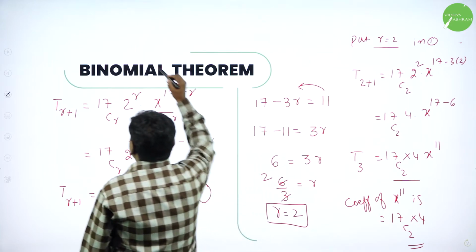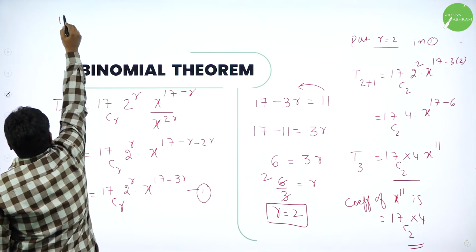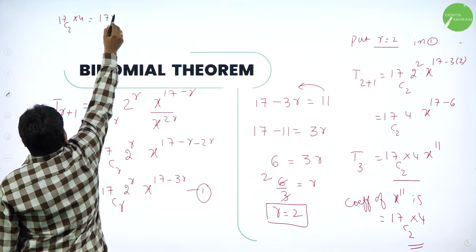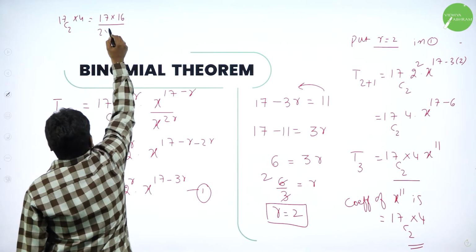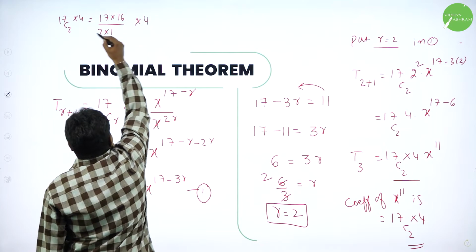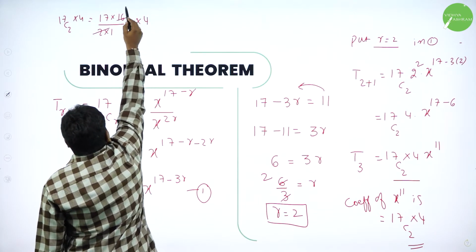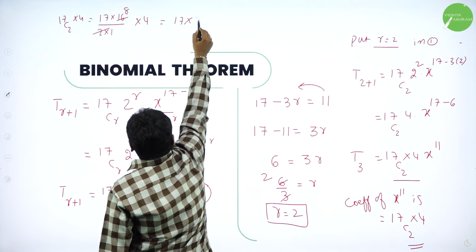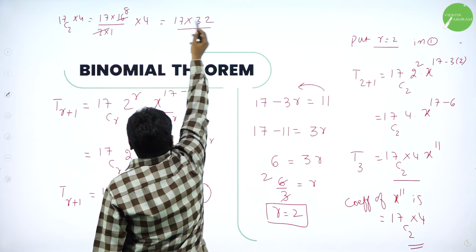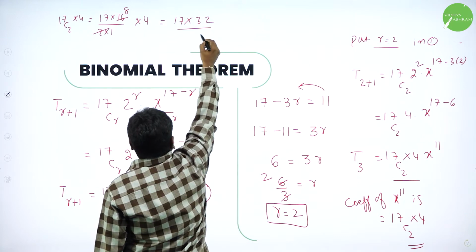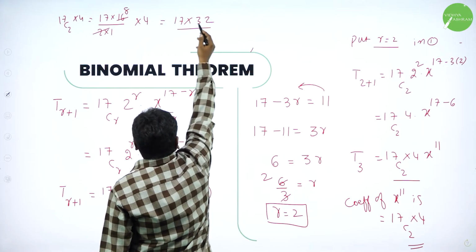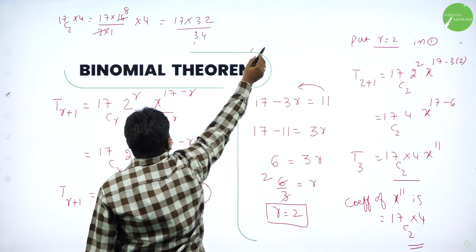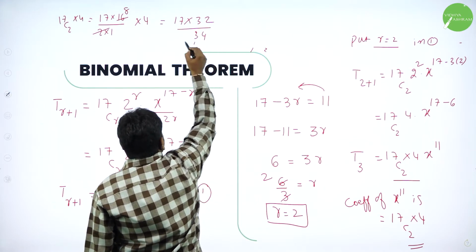So simplify this. The coefficient is 17C2 into 4, that is 17C2 is 17 into 16 divided by 2 into 1, into 4. So 2 ones are 2, 2 eights are 16. Now use a calculator: multiply 17 into 8, 4 eights are 32. So multiply this; you can use a calculator for this. Now 2 sevens are 14, carry 1, 2 ones are 2 plus 1, 3, then 3 sevens are 21, 2, 3 ones are 3 plus 2, 5.